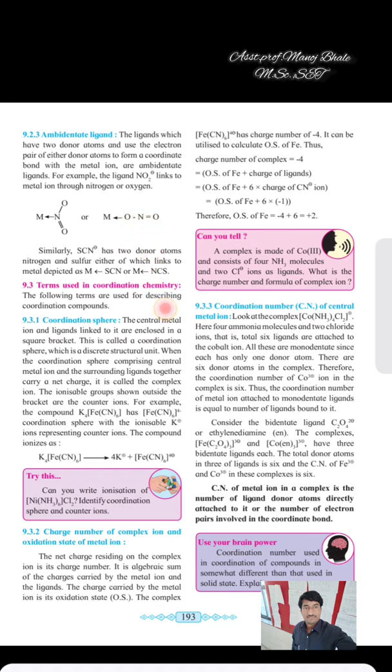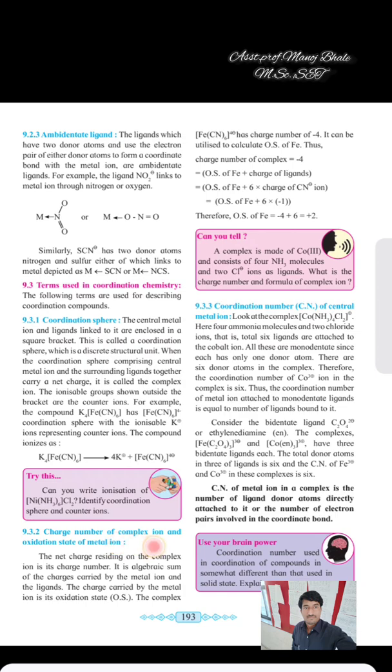Next, we also covered a point in the last lecture, that is the terms which are usually used in coordination chemistry. That is the coordination sphere. In it we are seeing the counter ion and also the coordination sphere. Potassium is the counter ion, and inside the square bracket is the coordination sphere. Always remember that inside the square bracket is the coordination sphere, and outside the square bracket is the counter ion.